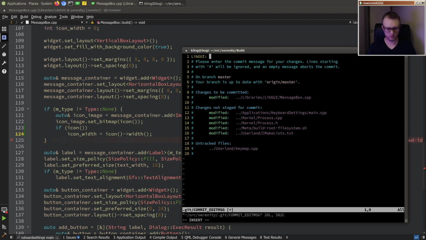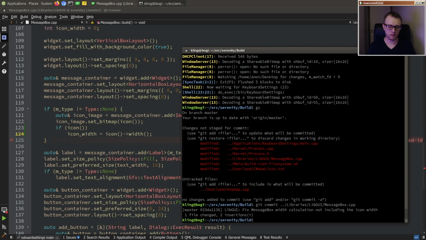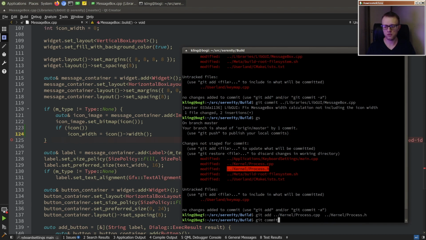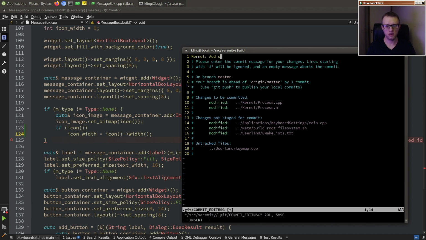The GUI fix: message box width calculation not including the icon width. Okay, that's great. And then let's add those pledges to the kernel. So kernel: add set key map